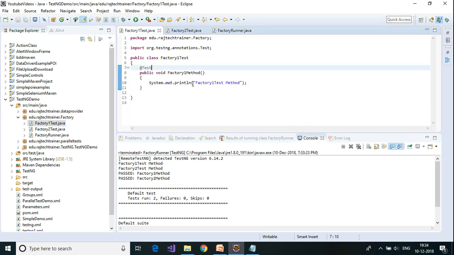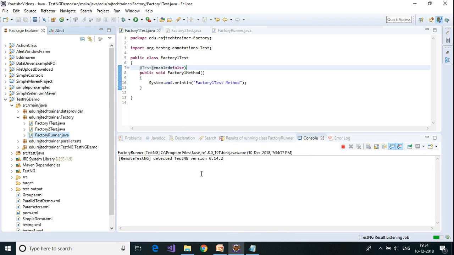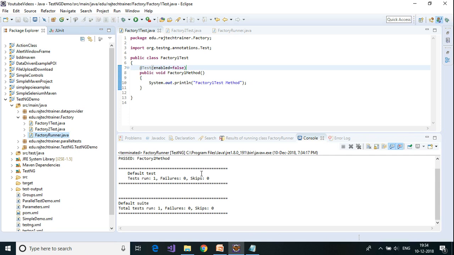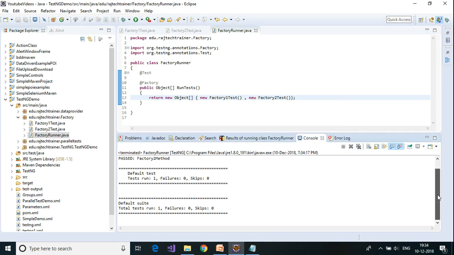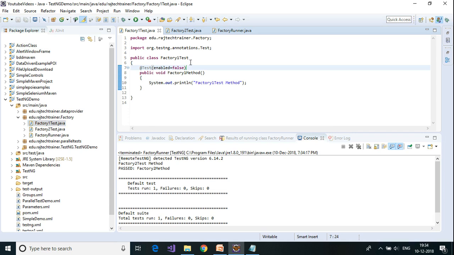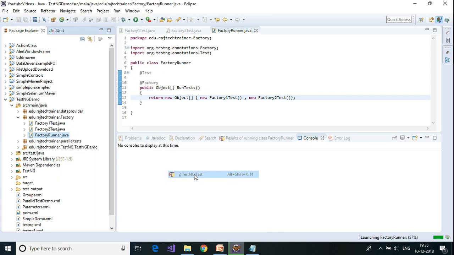So let me disable this. Okay, and rerun this. Since I have disabled the test under factory1 test, it went and ran only factory2 test. Okay, let me enable this back. So this is how we can run multiple tests